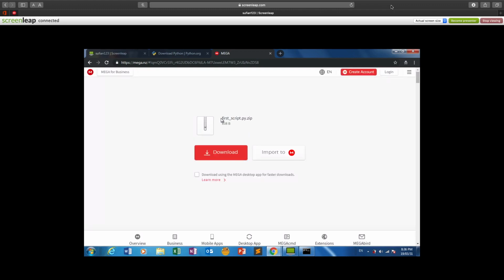So the name of the file is firstscript.py.zip. Now it's zip because it's a compressed folder, so you need to extract it. .py. Now this is the thing that's really important. .py is the extension that we use to tell the computer that this file, whose name is firstscript,